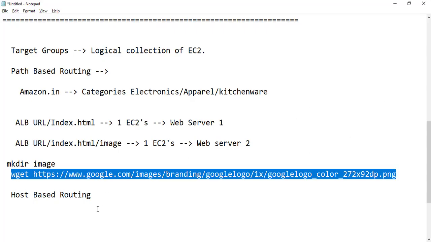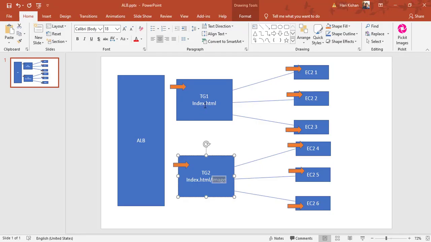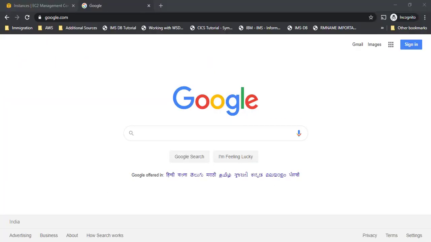Now I will do the same thing. I'll create a target group for everyone. So the first target group will go to index.html, which will go to EC2 1. Now I'll remove all this. In our demo, we will have only one EC2 here and one more EC2 here. So target group 1 will have index.html, which is the default setting, and it will go to the first EC2, and target group 2, which will have /image/star, which will have any image name, should go to EC2 2. That is what we are going to see here now. So let me go and quickly create.